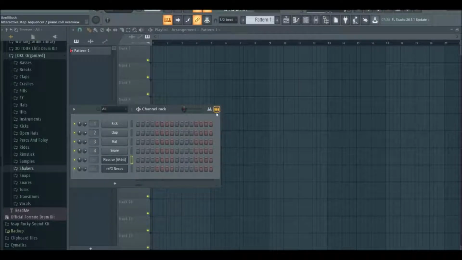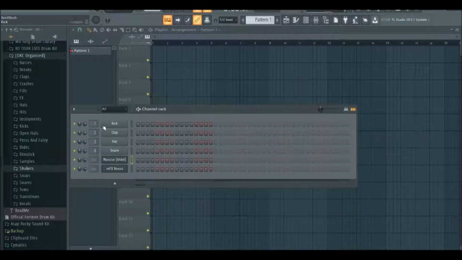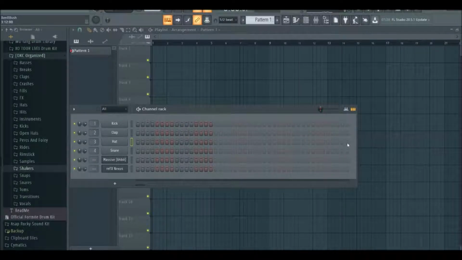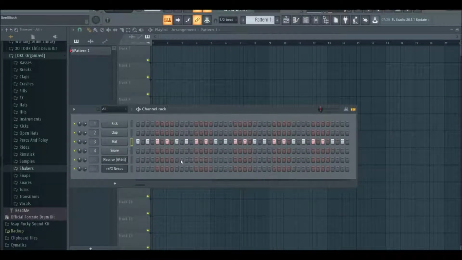So this is somewhere where you can just, let's say you want to make your hats real easy. Nothing special. I just select this so it includes the rest of these notes. And then you can right click and do fill 2 steps. So if you want a very basic hat pattern, I guess I'll put in